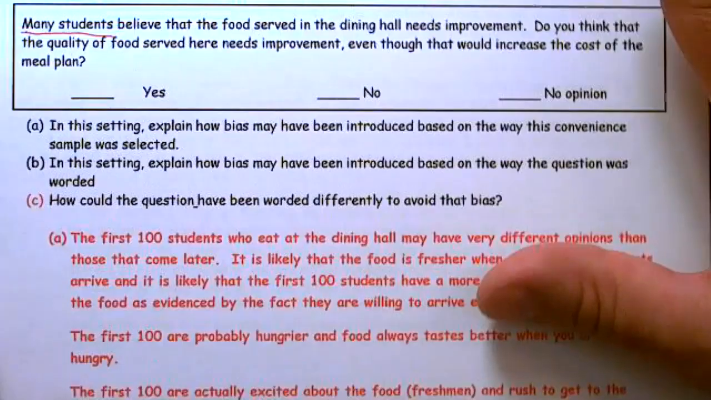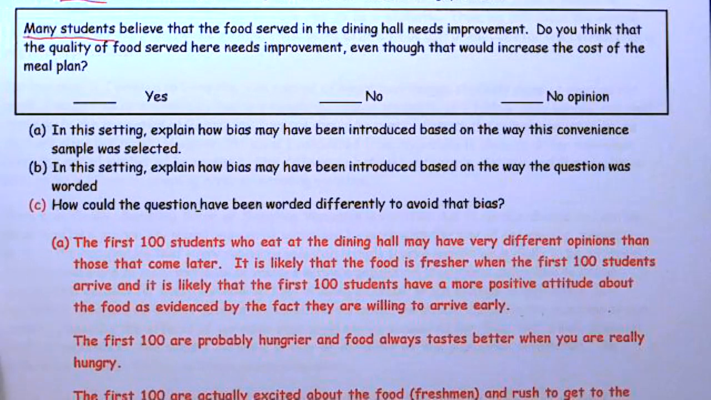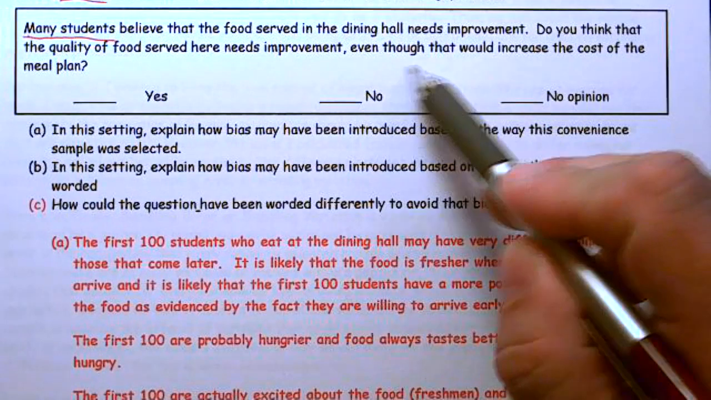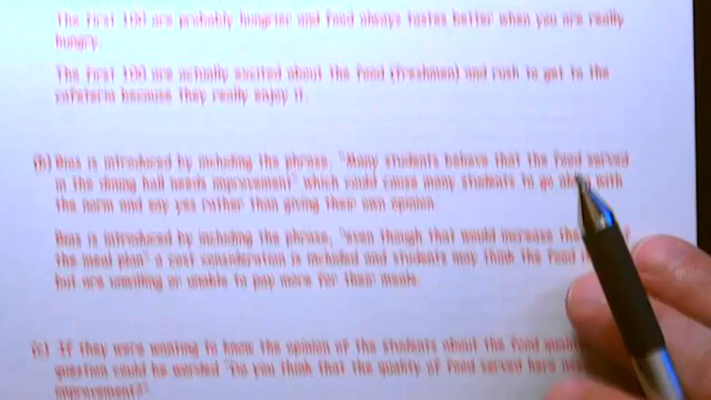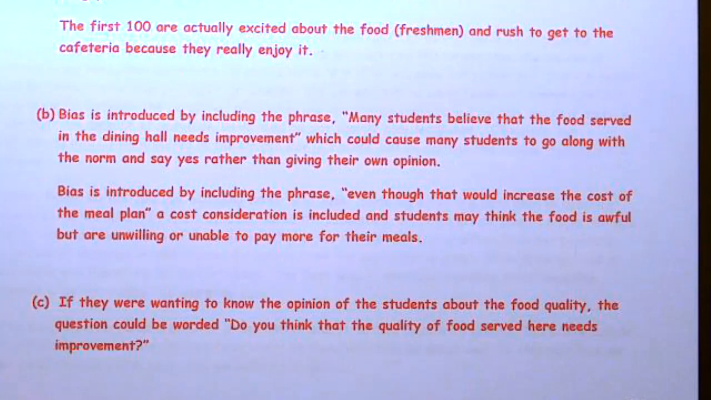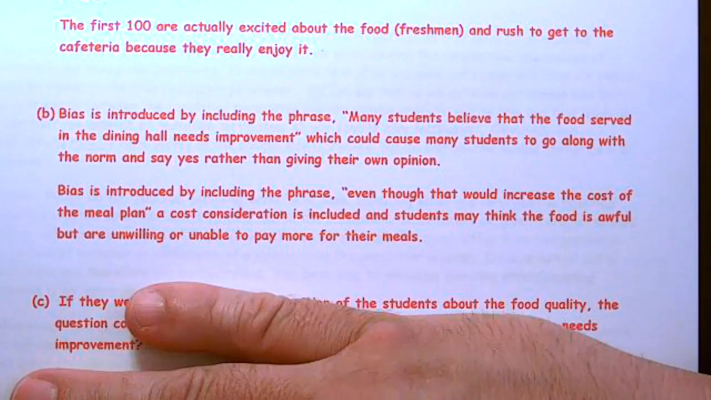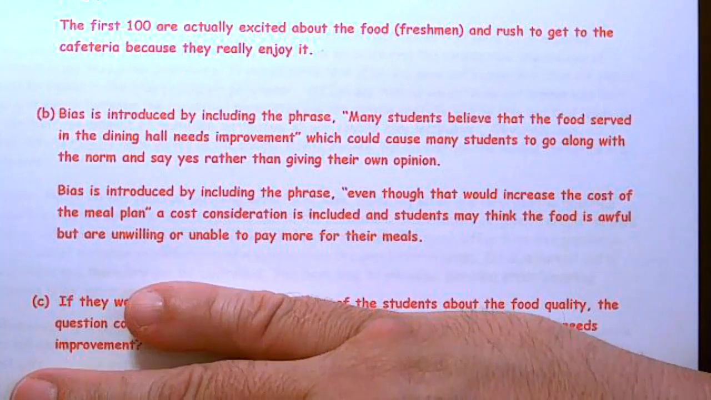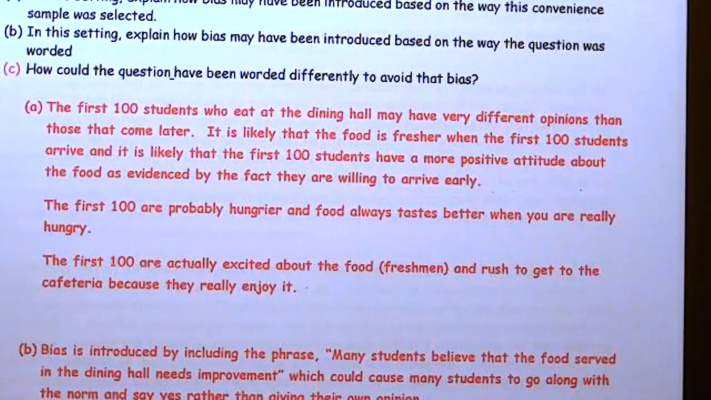The next thing, they added a new variable. The question is, does the food need improvement? But they said, hey, you know what? If we improve it, it's going to increase the cost of the meal plan. Well, that's confounding results. In other words, we're adding an extra factor, and bias is introduced by including the phrase, even though that would increase the cost of the meal plan, because the cost consideration is included, and students may think that the food is awful, but are unwilling or unable to pay for their meals. Remember, they're college students, and some of them are pretty broke,